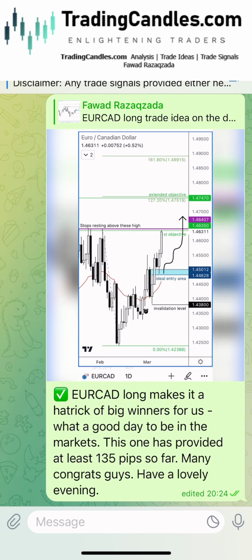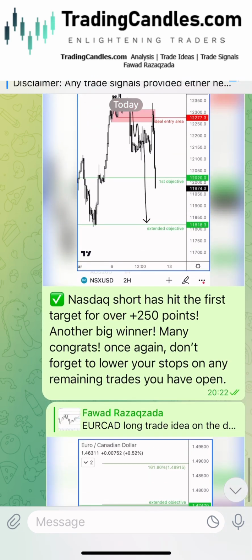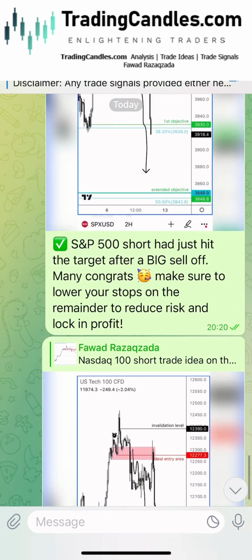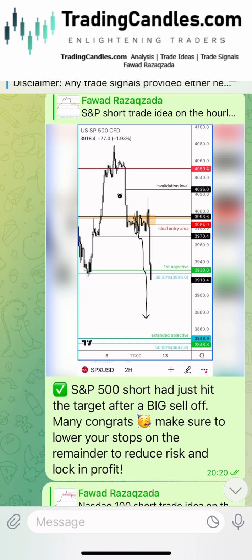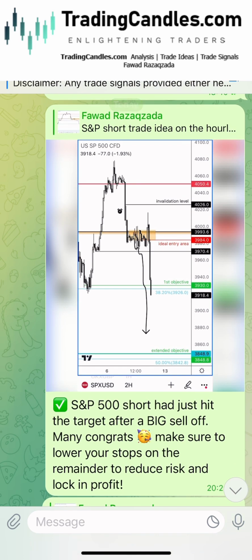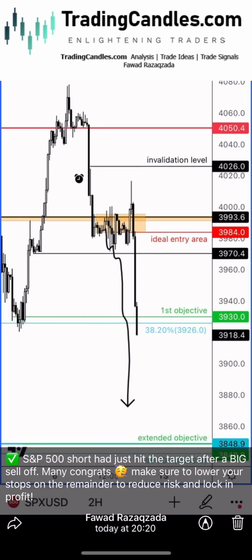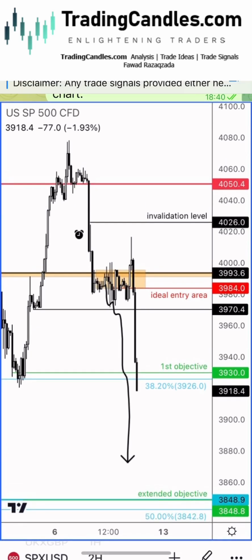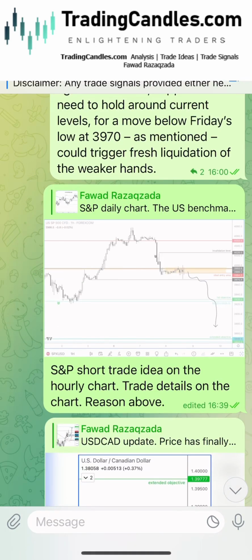So on the back of the risk-off sentiment on Thursday, 3 of our trades hit their target. The first one being the Euro-CAD and Nasdaq as well, and S&P 500. There are a few other trades I'll show as well, but let's start off with the S&P. So as you can see from the after picture, it got to the first objective, and this was based on